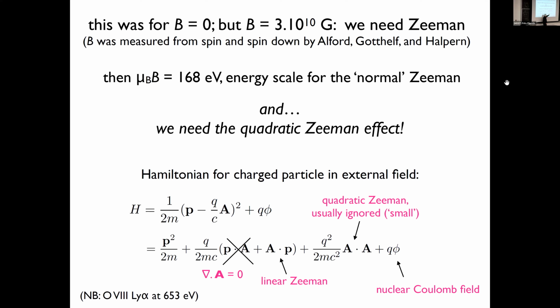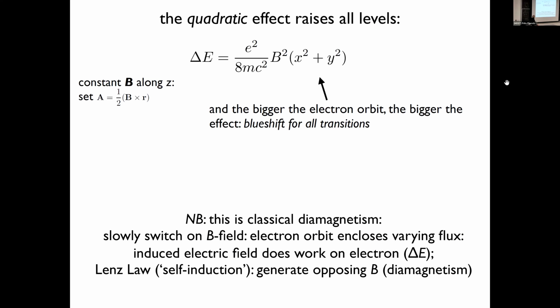And then there's the term in A squared, which always is crossed out because it's small. But in this case, it's not small. It turns out it's equally important compared to the linear Zeeman term. And because the effect is always to the blue, it turns out, because it's dependent on A squared, that means that the whole spectrum with the magnetic field present will be shifting towards higher energies. That means when I try to fit it to the neutron star, I have to shift it further to the red to make it coincide with the spectrum. And when I do that,